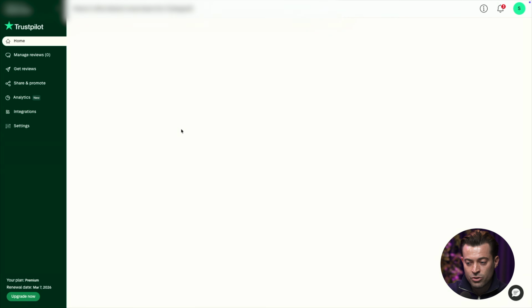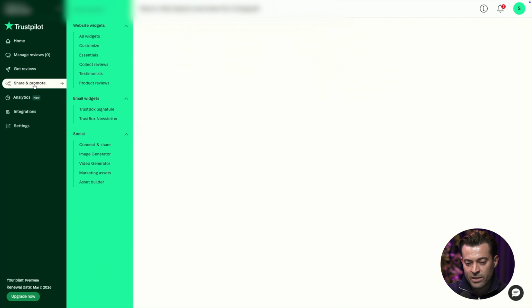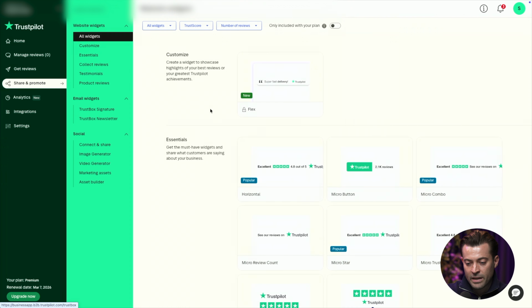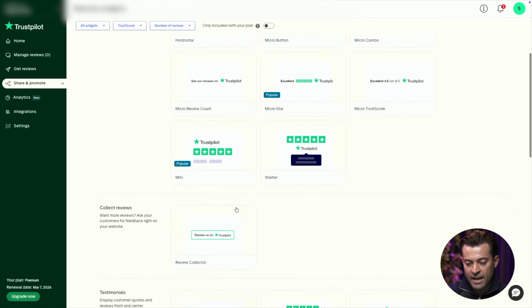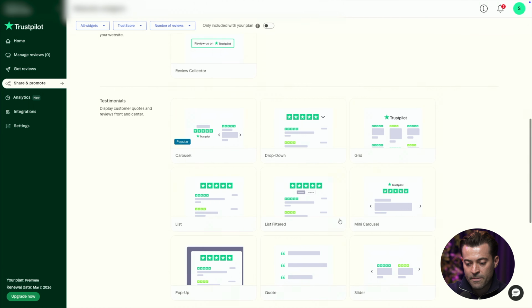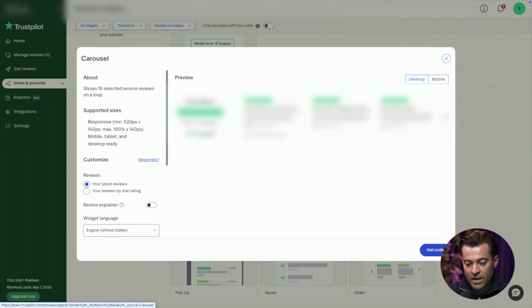So on our Trustpilot dashboard here, down the side, we want to go down to Share and Promote. So we click on this and we're going to go into All Widgets here. In All Widgets, you can select any of your embed codes here, depending on what style you want. You can see Carousel has a popular tag here. So what I'm going to do is I'm just going to click on this, and then you can see you